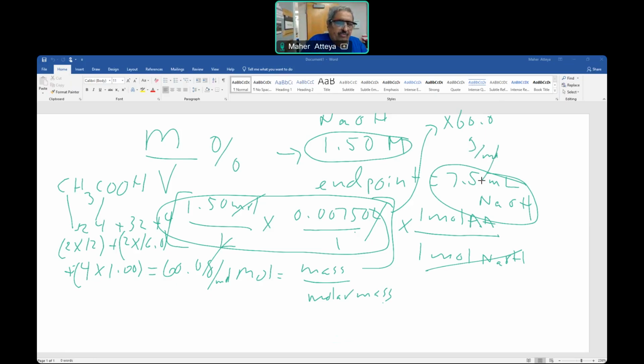And how many milliliters of vinegar do we use? We use 5 mL. The volume of vinegar is 5 mL. So whatever the mass is here, in grams, divided by this volume, 5 mL, multiplied by 100. So look at the calculation of mass over volume percentage, correct? And then the last thing here, we have to look